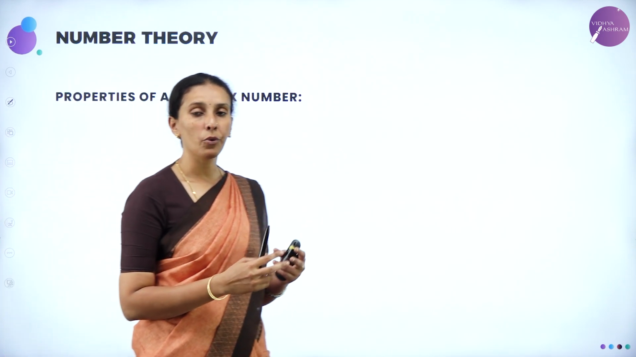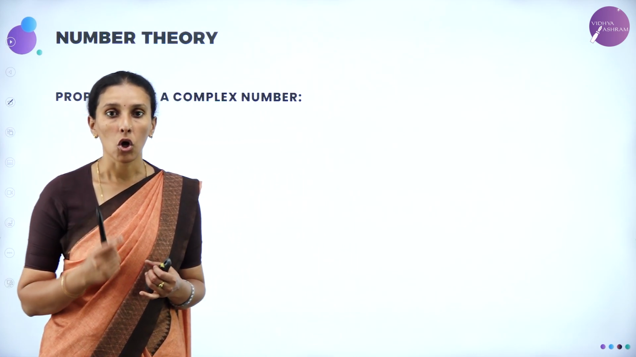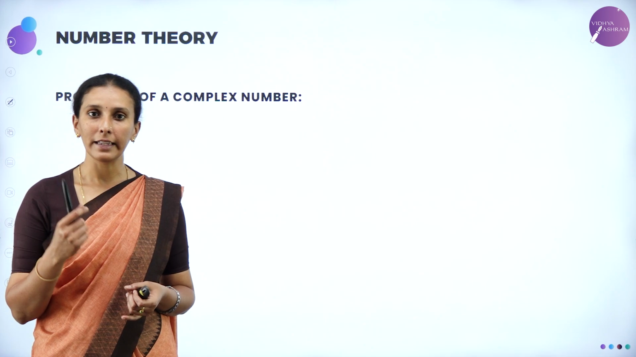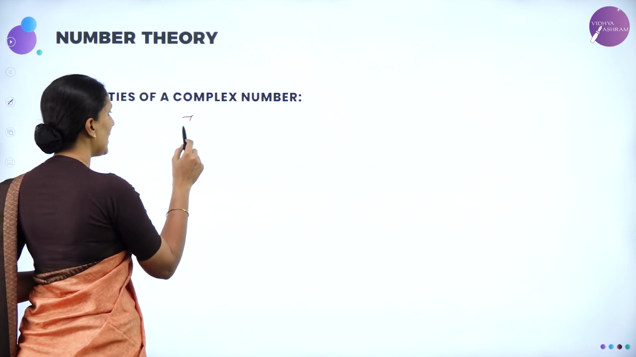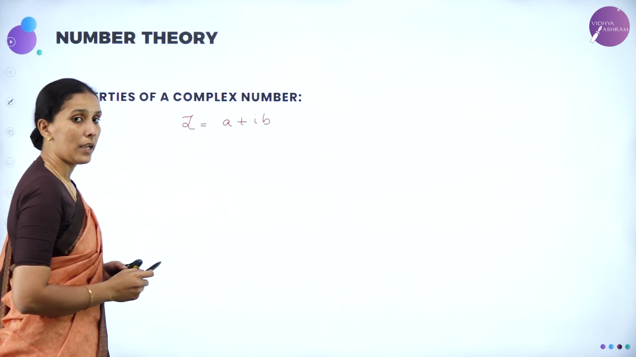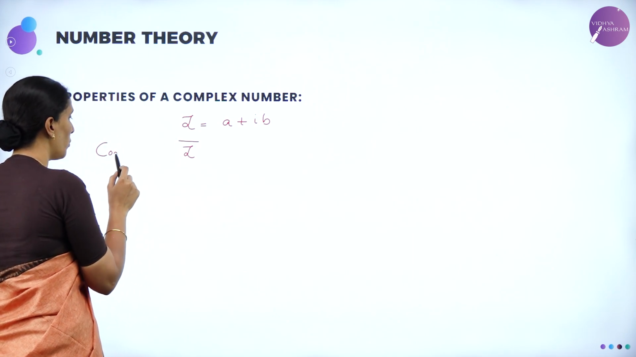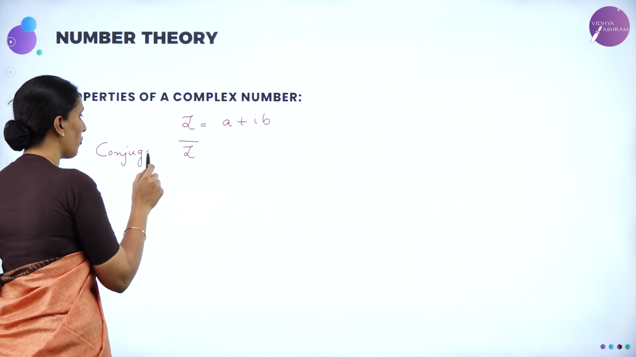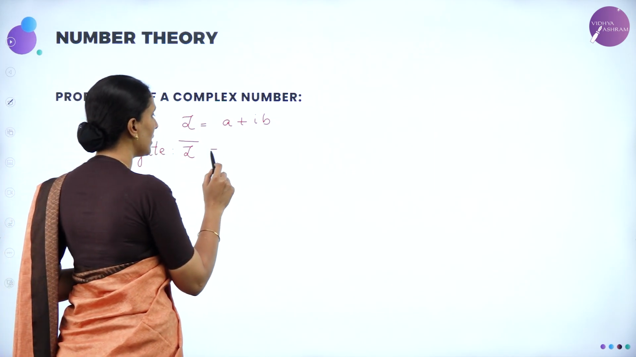Apart from this, we have two important concepts under complex numbers. One is the conjugate of a complex number and the other is the modulus of a complex number. Suppose z is equal to a plus ib, the complex number. Then the conjugate is denoted by z bar, which is nothing but the conjugate of the complex number. The conjugate of a complex number is always in the form of